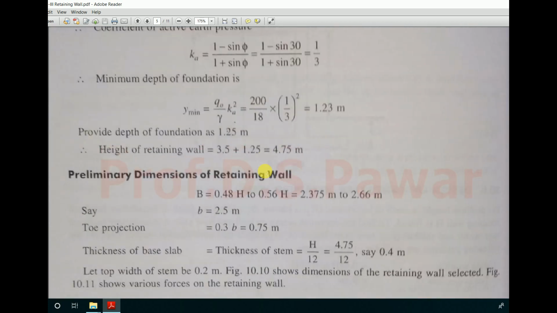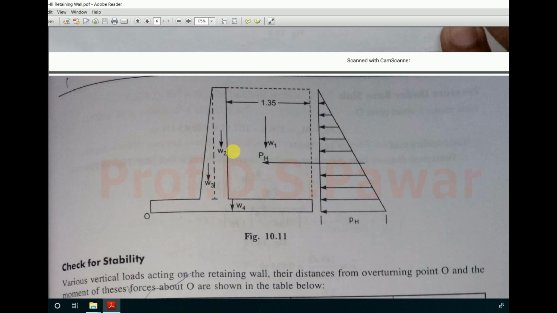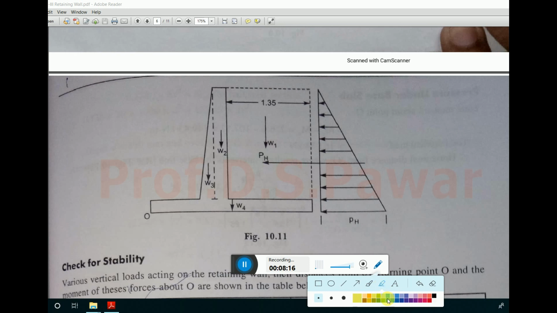I will show you. See how to calculate earth pressure now. So earth pressure on the stem, when you are going to design the stem, calculation of earth pressure. As per Rankine's theory, in this cantilever retaining wall, when we calculate the pressure on the stem, the pressure is going to act on the stem like this. Soil pressure, lateral earth pressure is going to act like this.